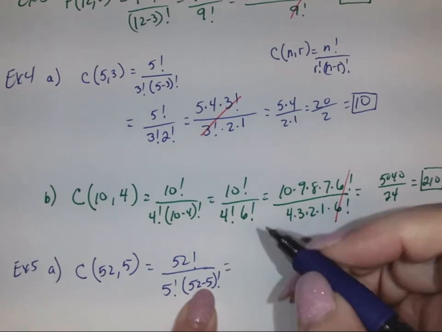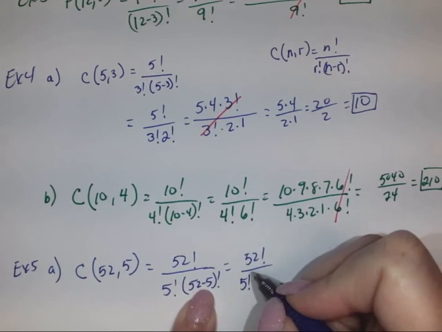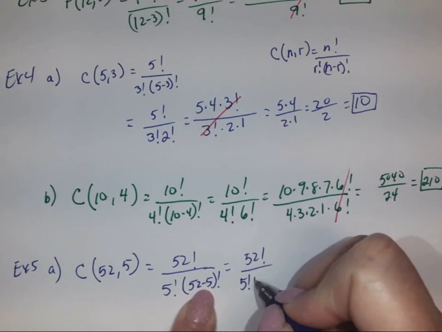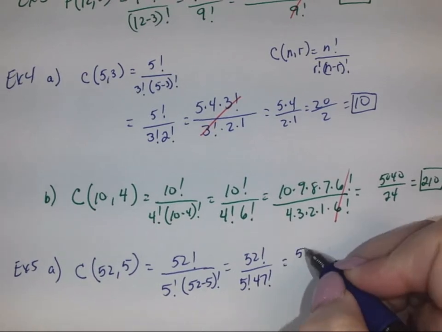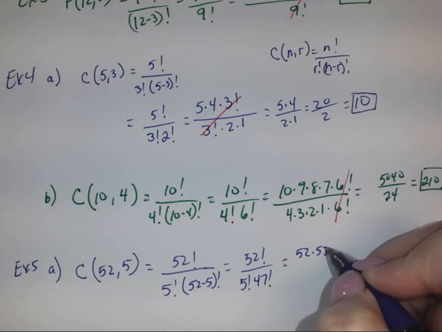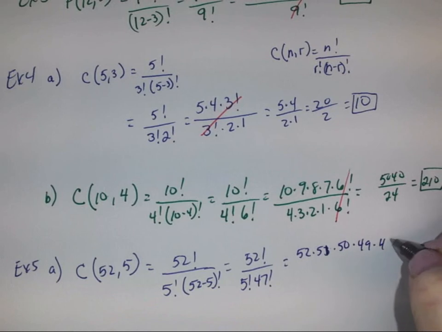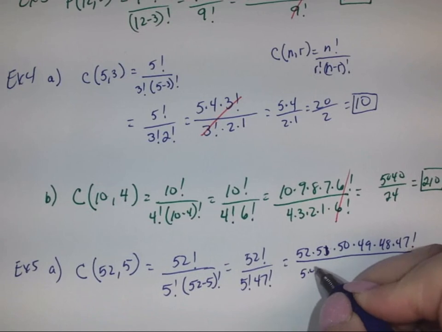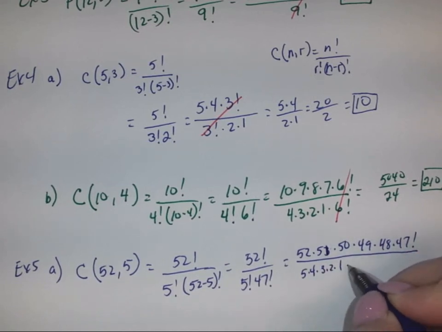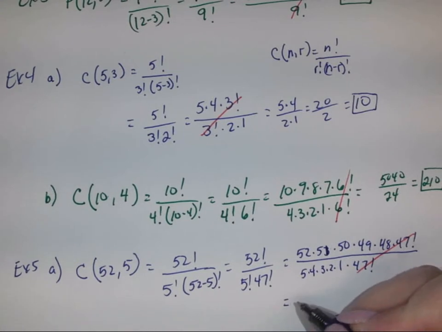We're going to have a big number here. So we'll have 52 factorial over 5 factorial, and 52 minus 5 will get us 47 factorial. So this will get us 52 times 51, counting the wrong way, sorry about that, 51 times 50 times 49 times 48 times 47 factorial, divided by 5 times 4 times 3 times 2 times 1 times 47 factorial. The 47 factorials will cancel, and we're going to end up with